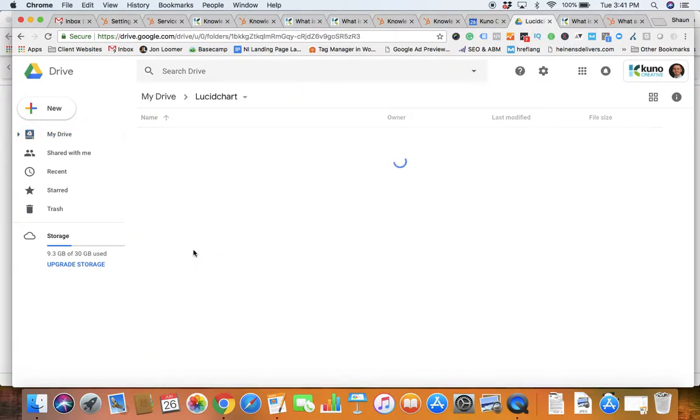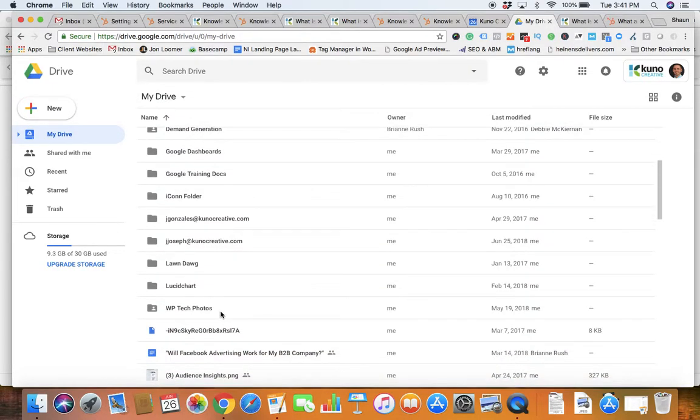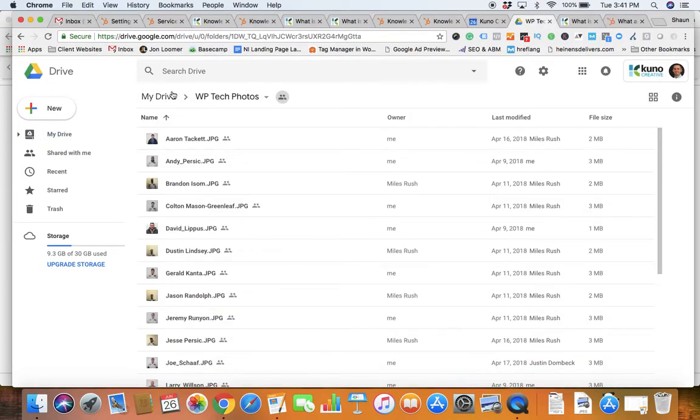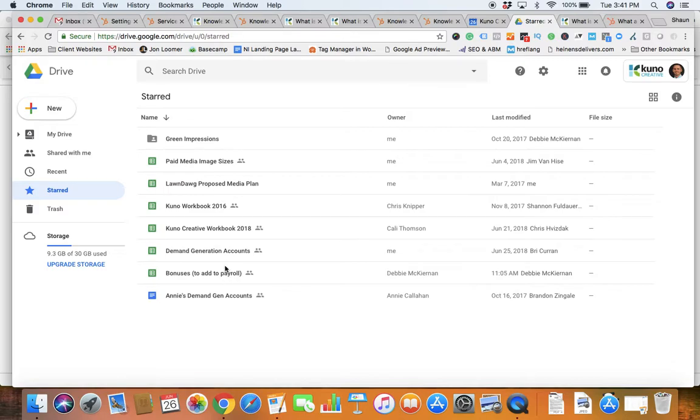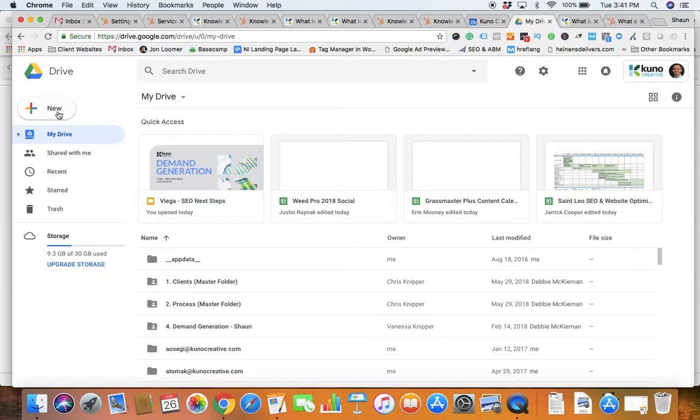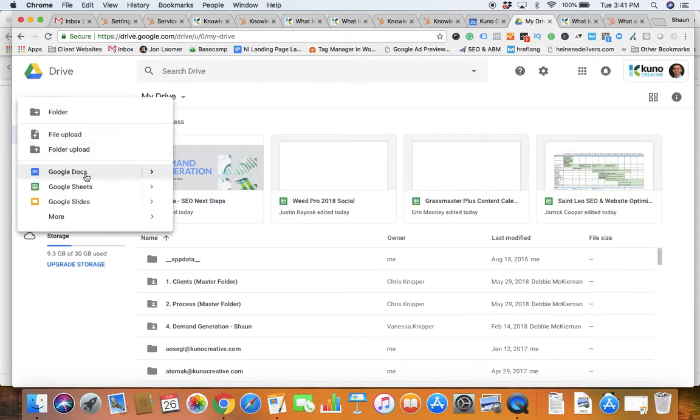In this folder here, I have several charts that I keep. In this one, I have images. But this is very easy to use and very easy to store different things. And you can find emails, or you can find documents really quick here. You can find images real quick. You can even star or favorite certain ones that you use quite a bit, right? Very easy to do. You can create a new folder, and then you can also create docs, sheets, or slides